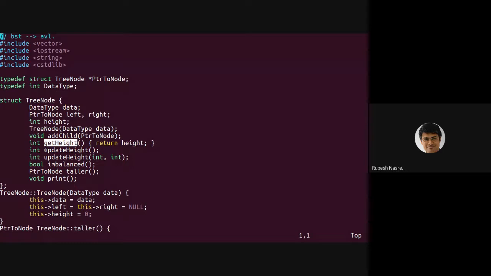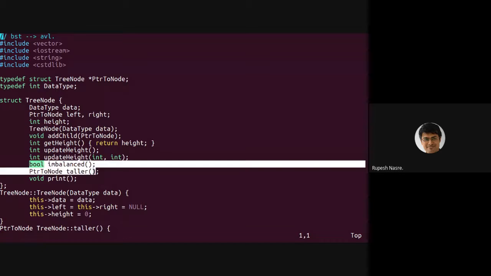That setter is essentially this update height function, but it's not the usual setter where it just does one small update, where you pass a value and it just updates it. In this case, it does slightly something more. What does it do? Well, it calls the update height function with two parameters. What are the two parameters? The left height and the right height. The max of these two plus 1 becomes the updated height. So that is the update height function.